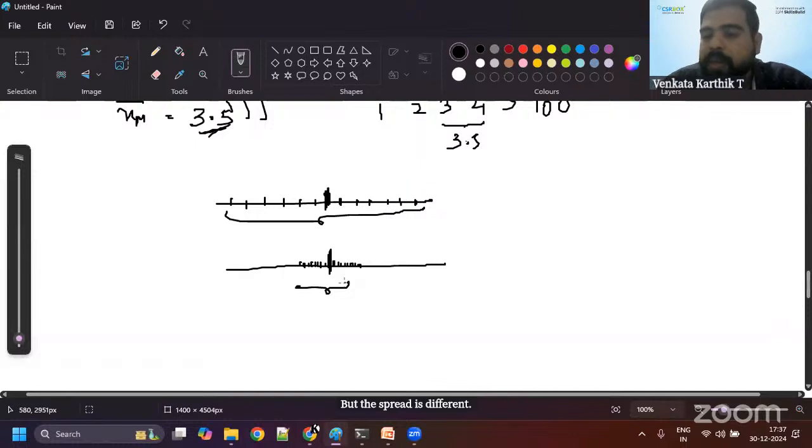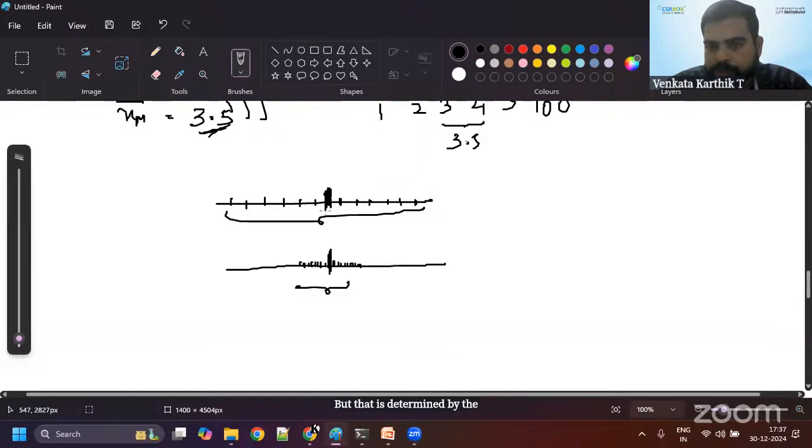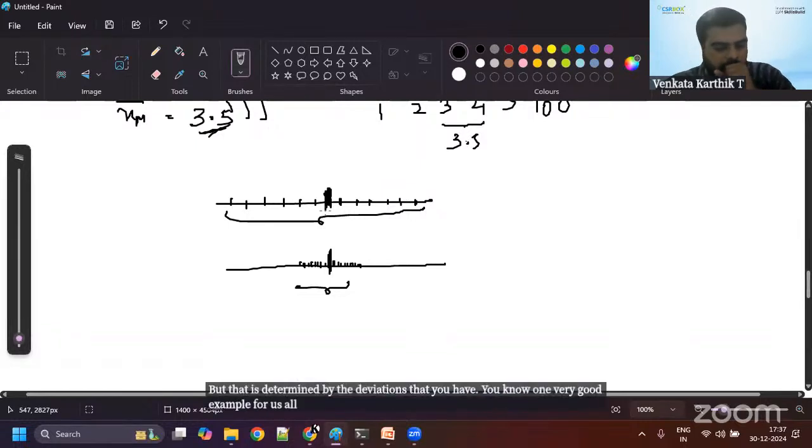Okay, the spread is different. That means the center, the mean and median, can be the same, but the values could be deviating far away from each other. But that is determined by the deviations that you have. One very good example for us all to understand is,